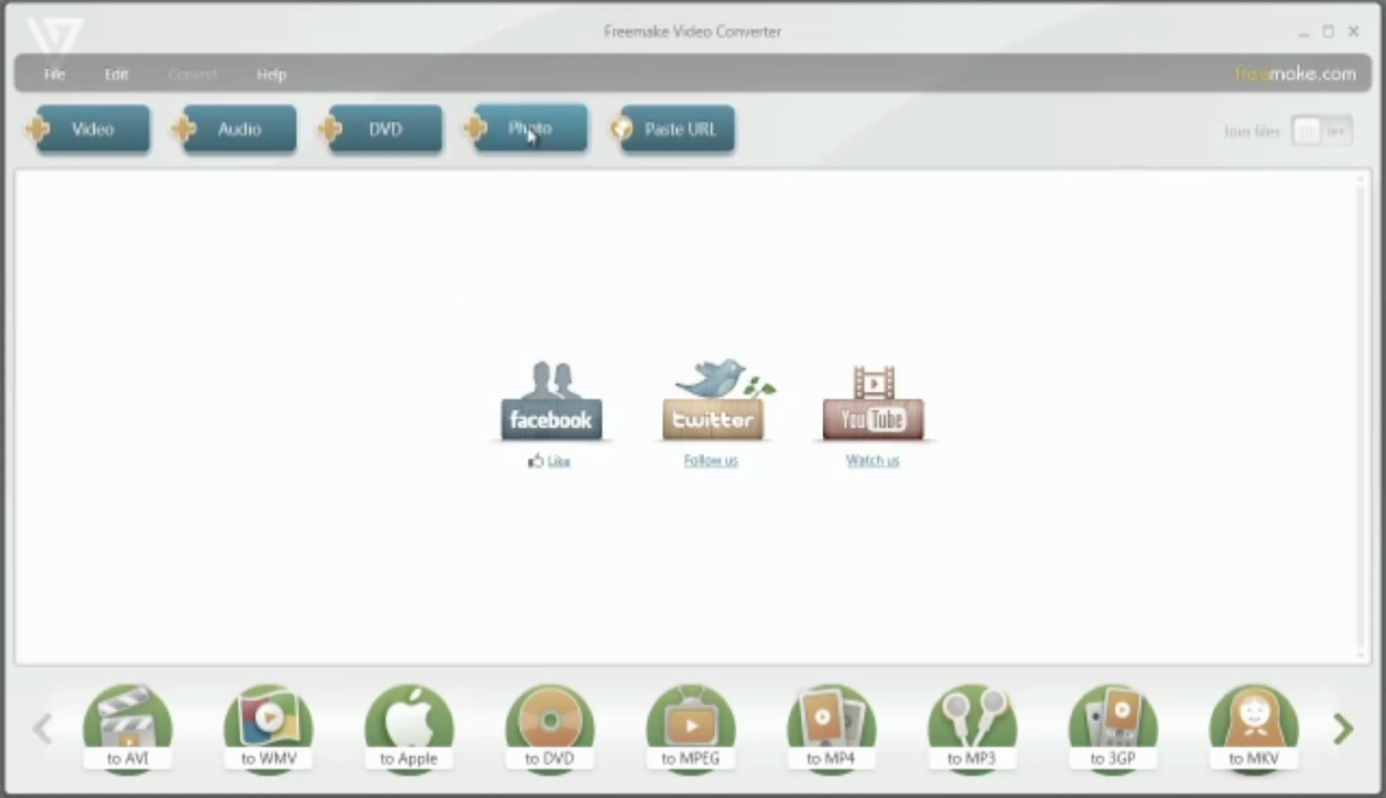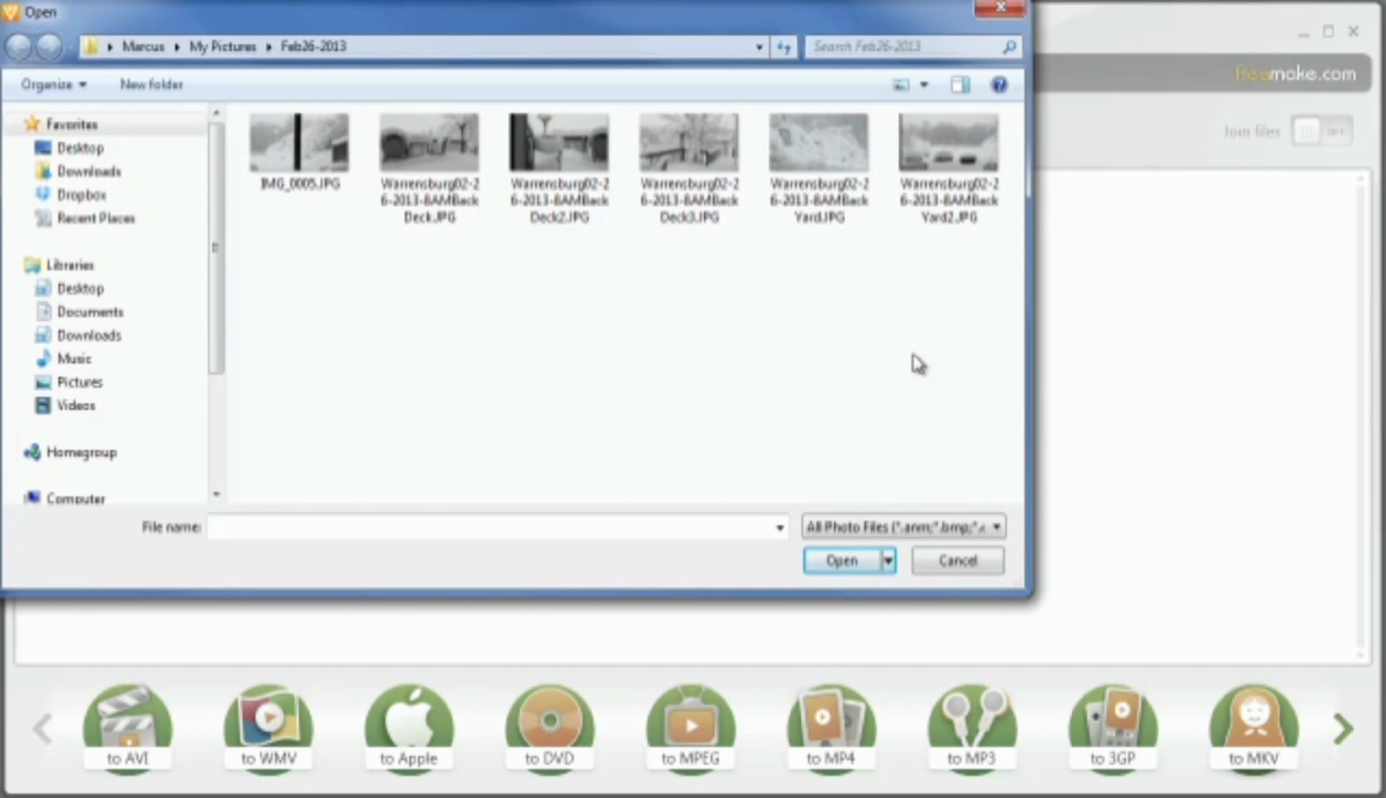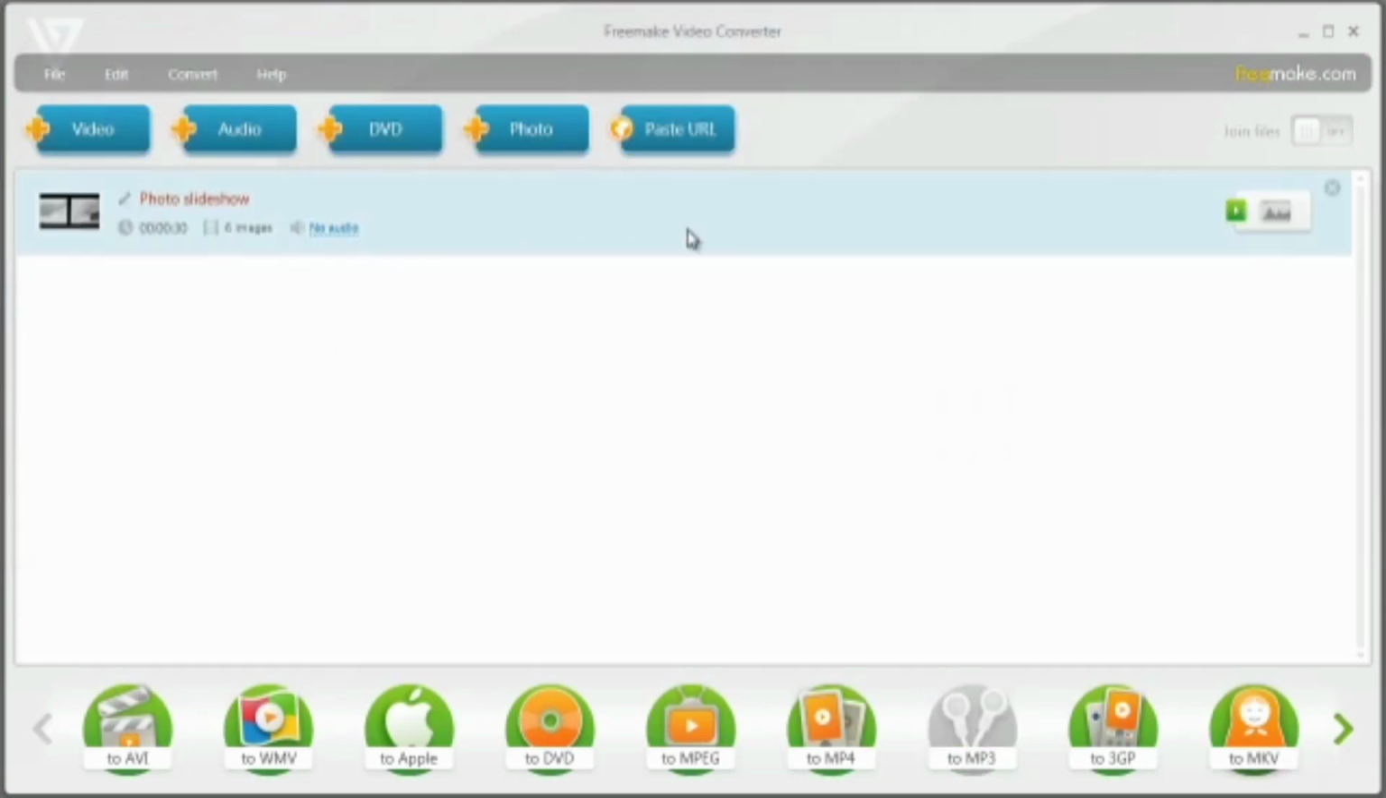So come up here and select Photo and navigate to the location of the images you want in your slideshow. Now I'm just going to select all these guys here. Click on Open, brings them all in here and creates our slideshow. Now if you want to edit this a little bit, I'll show you that here in just a second, but